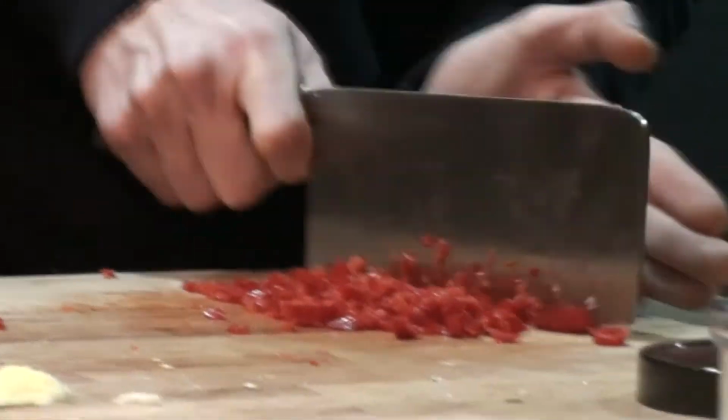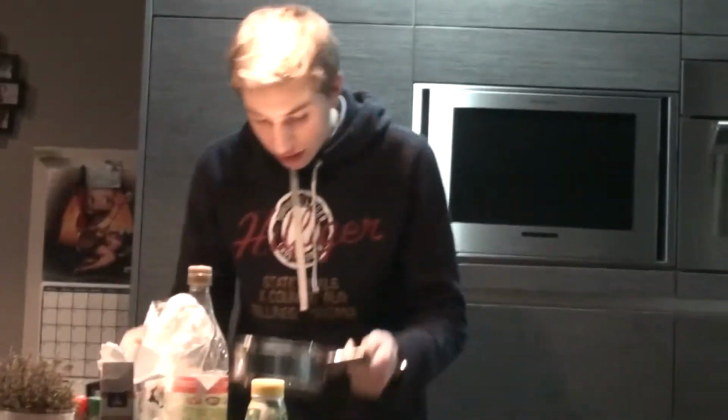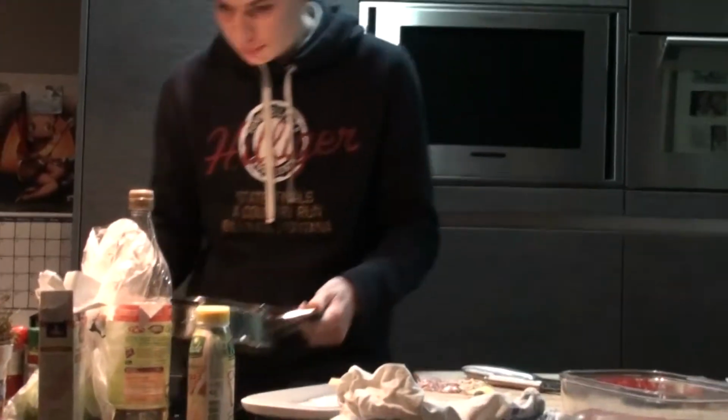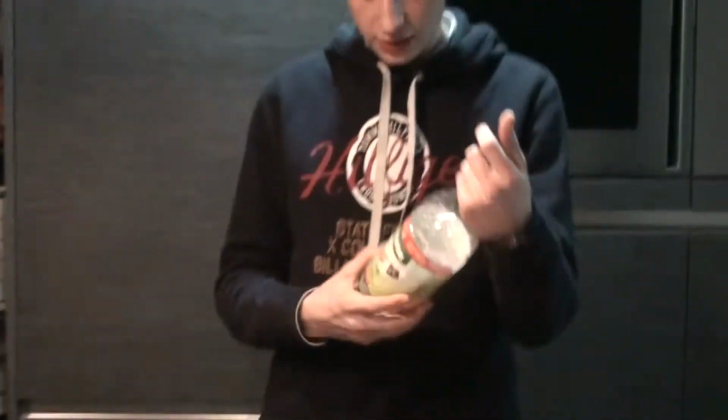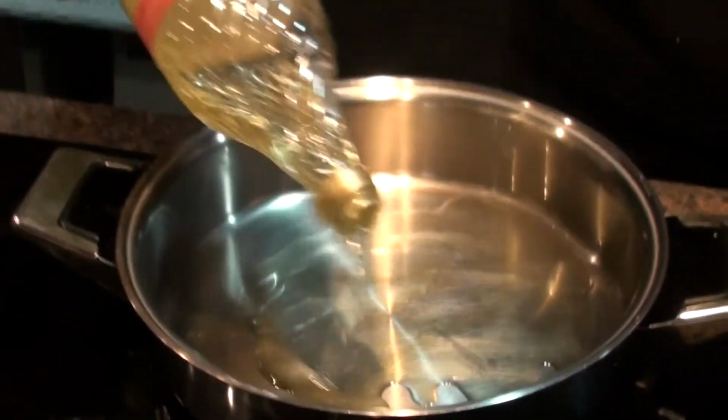There is blood on the knife. Okay, so I finished chopping the paprikas and I will start making the seasoning. As you can see, I already have a bit of oil in this pan. I will mix it with some culinary oil. This will be the basis of our...